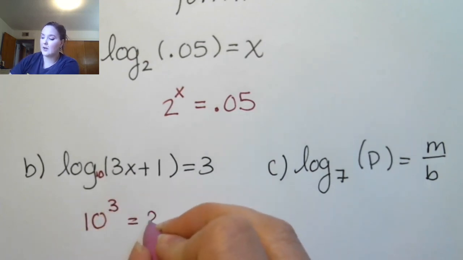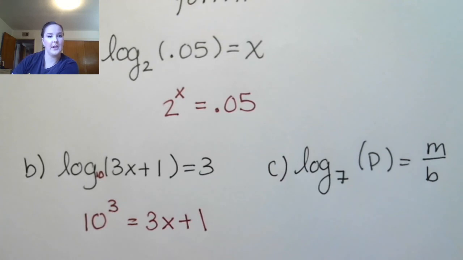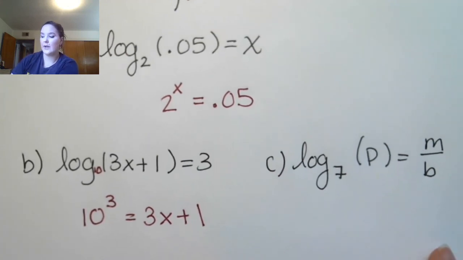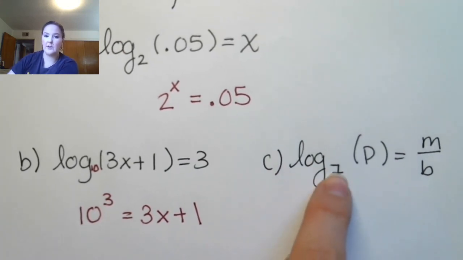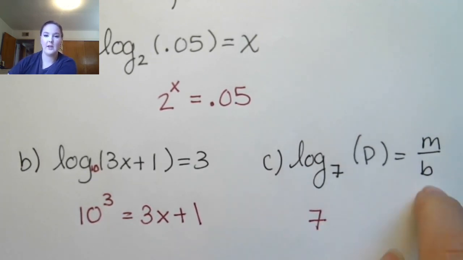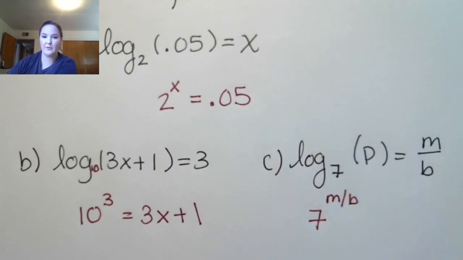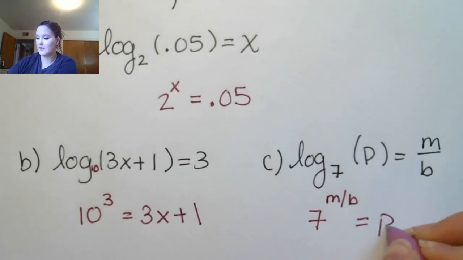And this becomes our output, 3x plus 1, okay? All right, so we're going to do the same thing over here. The base of the log becomes the base of our exponent, okay? The answer is the exponent, so here we have a fractional exponent, m over b, okay? And this becomes our answer, p,